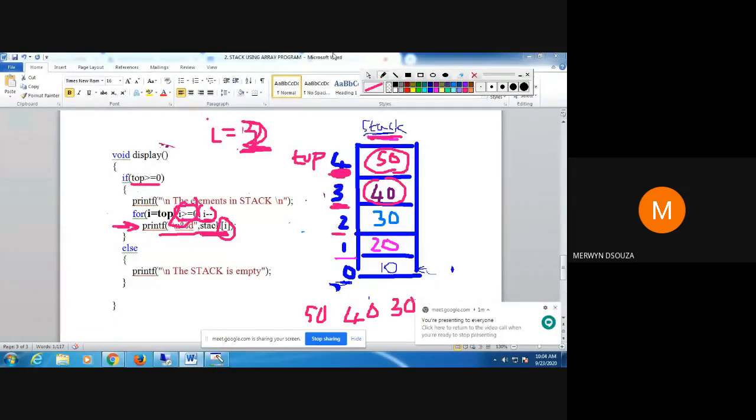And like that I keep printing till i value is greater than or equal to 0. So the next value that will get printed is 20. The next value that will get printed is 10. When you reach here, i becomes equal to 0.